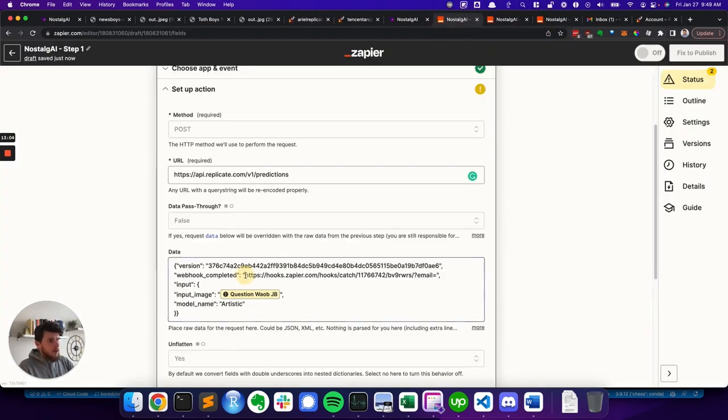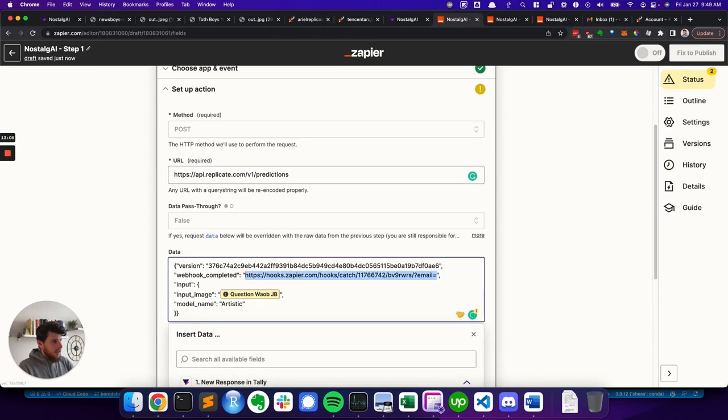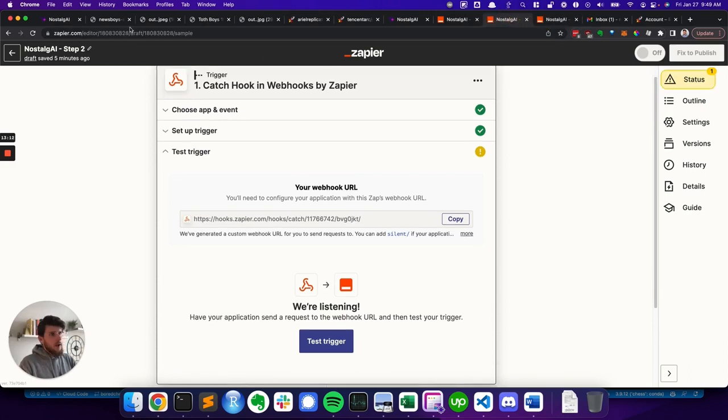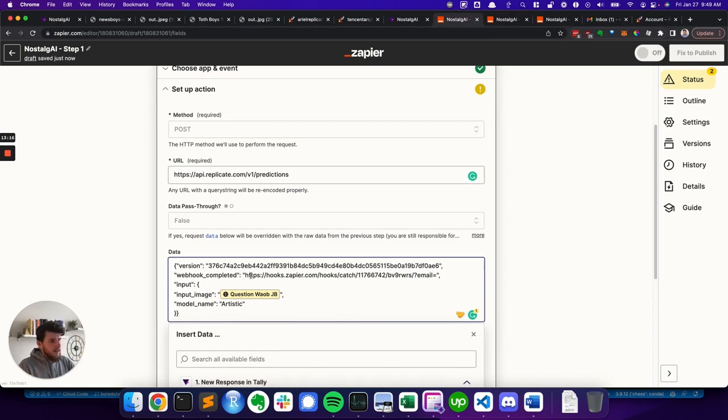The webhook completed is going to be this URL from step 2. So webhook completed is essentially telling Replicate where to send the results of the API call to this model once it's complete. So you can put that in here,